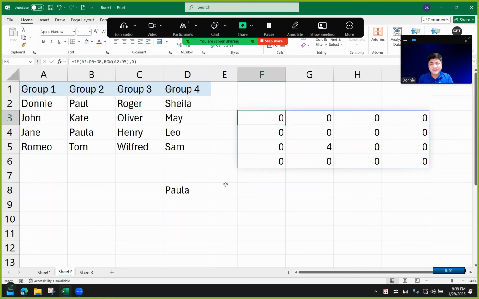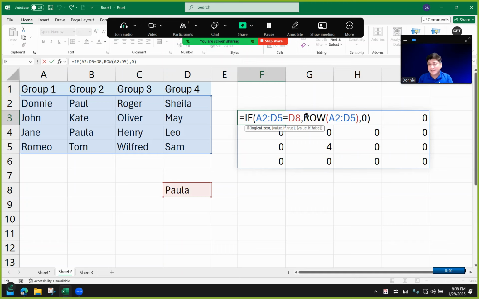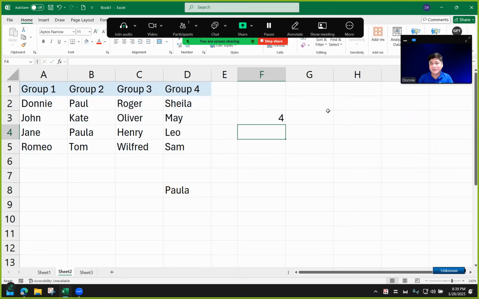Now the thing is, in my formula, I don't really need this entire range of cells. I only need the 4. I need to pick it up. So there are many ways to solve this problem. What I can do is use the max function so that it will aggregate and give me only... oops, okay, that's wrong. I have to put it before the if so that it gives me a consolidated answer. Okay, so max of these results. So enter and you would get 4.